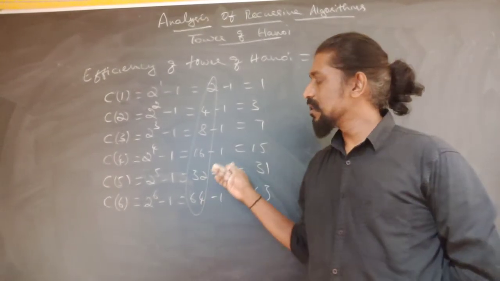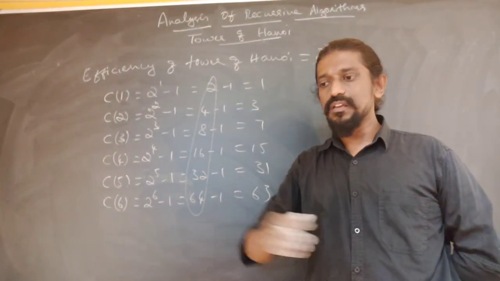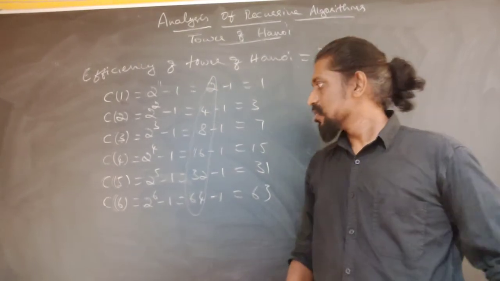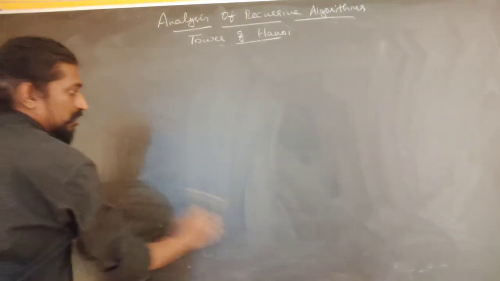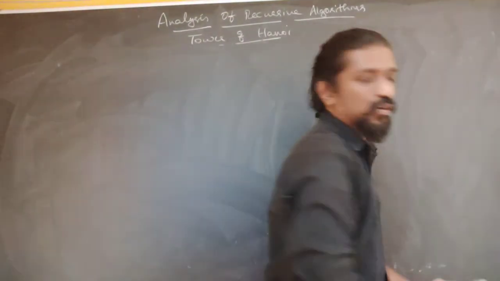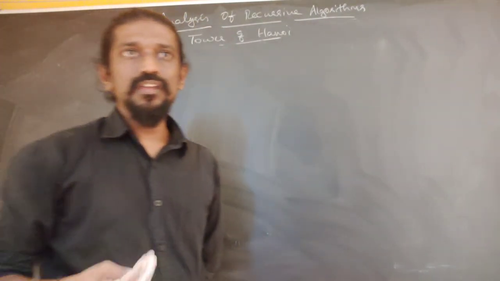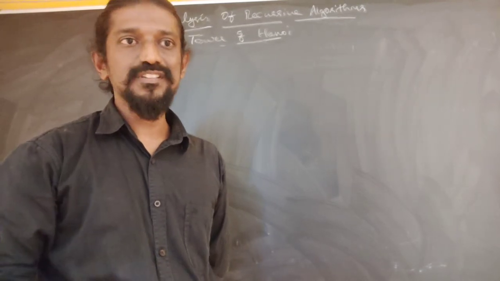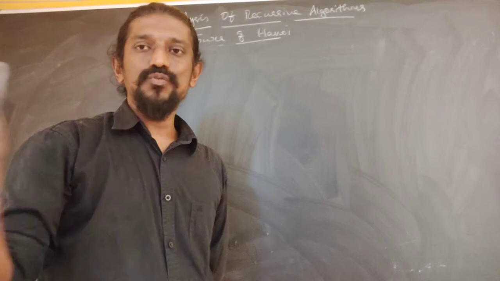Therefore we can see how the running time of the Tower of Hanoi algorithm increases with a small increase in the input size. Even though the recursive algorithm is the best algorithm we know, it is not an acceptable algorithm for even moderate inputs. We can't even run the Tower of Hanoi algorithm for 100 disks. Even 55, 60 disks itself will take hundreds and thousands of years.